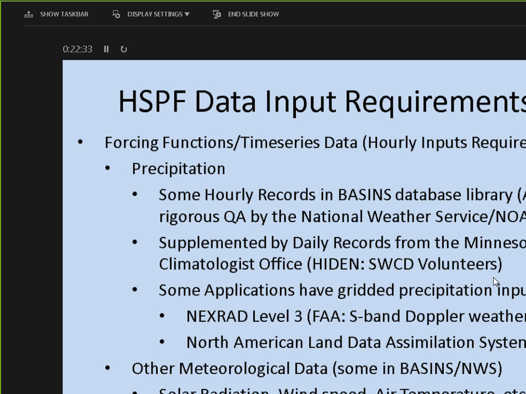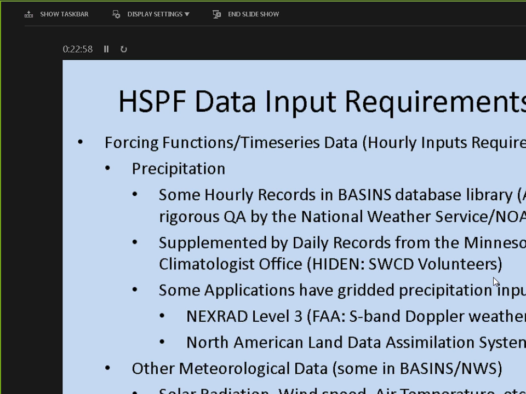So in terms of forcing functions, since we're running at an hourly time step, we need hourly precipitation. And in the Basin's library, there's hourly records from many airports, and those records are rigorously QA'd. They're collected and reviewed with rigorous QA. In Minnesota, we've been supplementing them with daily rainfall total data that I get from Pete Goulet over at the